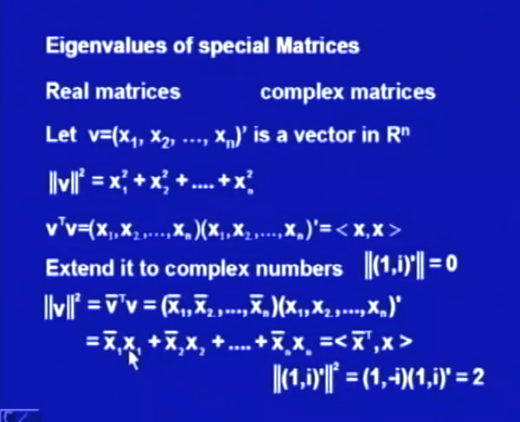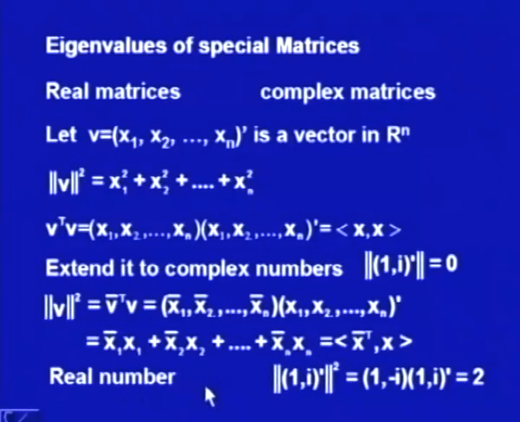If you use this revised definition for length, then the length square of (1, i) transpose comes out to be 1 minus i, because minus i is the conjugate of i, multiplied by (1, i) its transpose, and if you multiply it, it is 1 and minus i square, which is also 1. So, the length square is equal to 2, and this is not 0 when this vector is not 0. So, we know that this number is now a real number, and this has to be because length is a